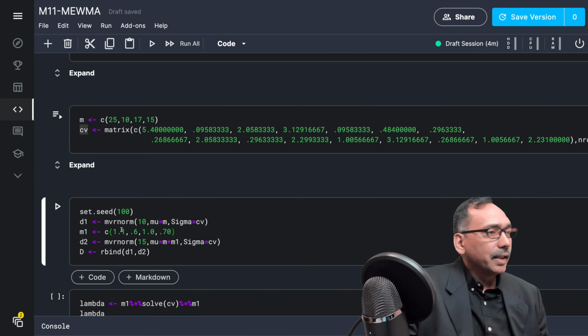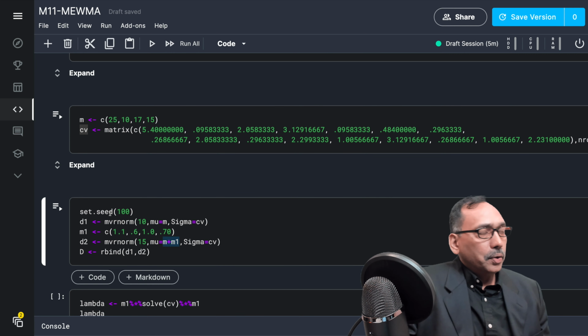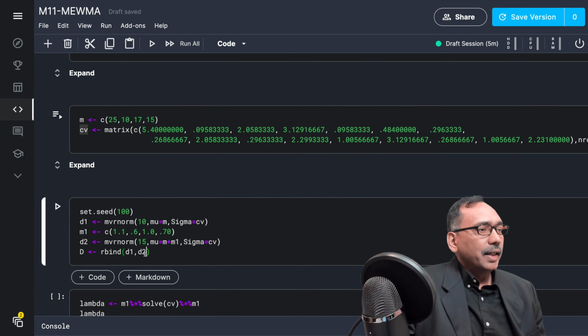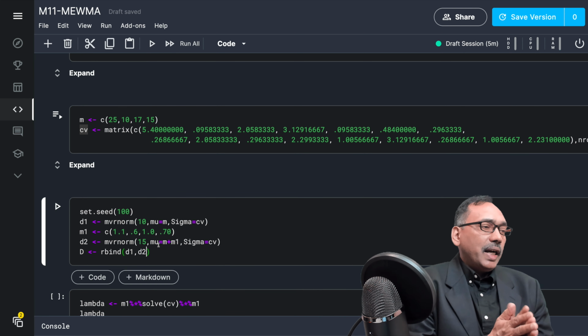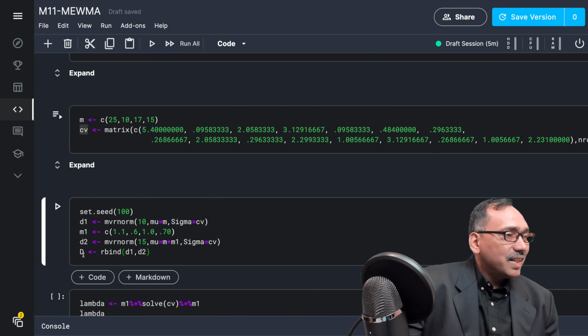So clearly, we are shifting the mean in M1, and then we store the whole thing as M plus M1. So your original M plus the new M1, and the covariance matrix or structure is the same. That data gets stored in D2, and I'm taking a sample of 15 this time. And then we combine everything into one and place it under D.